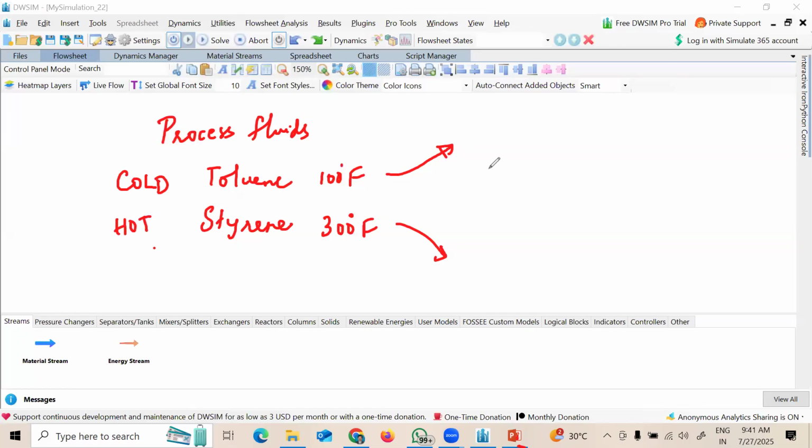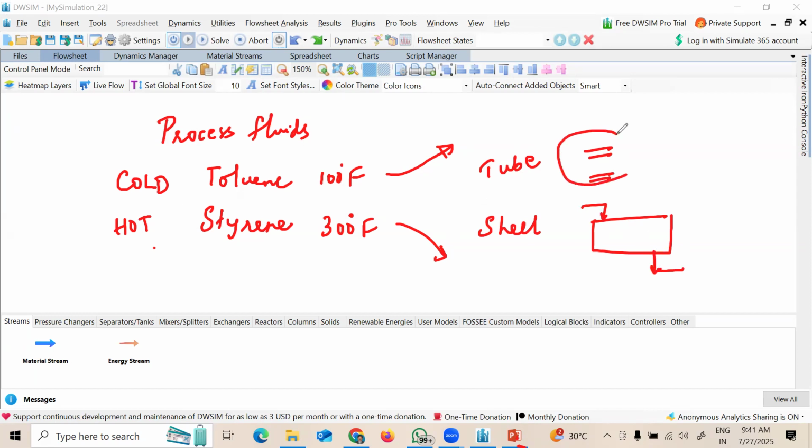And this is entering in the tube side. And this is entering in the shell side. So this is shell side and this is tube side. Okay, so these are the definitions we made. Okay, now